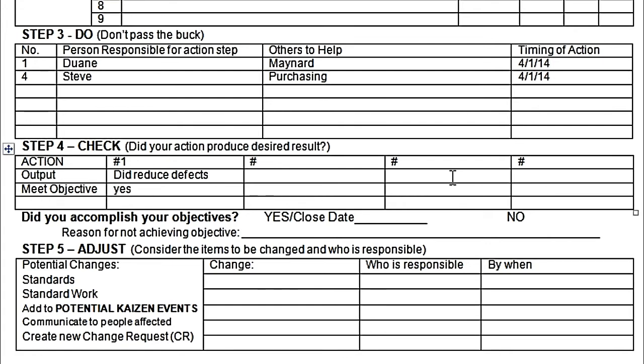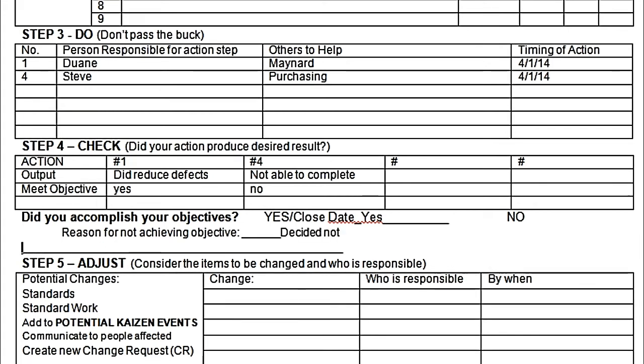Action number 4 that Steve was responsible for, not able to complete. No, it did not help the objective. So did we accomplish our objectives? Well, in this case, yes, we did improve it, but not all of them were complete. So we'll say yes. Reason for not meeting, decided not to switch